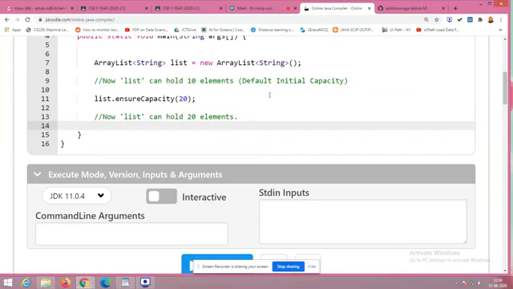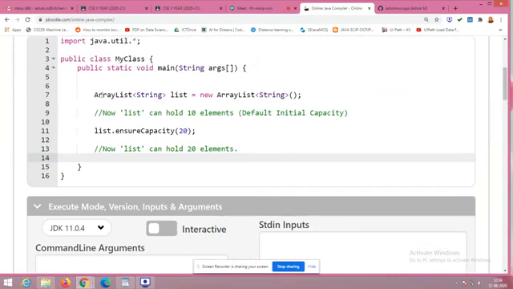Okay, check that. Now the list is created. We have created a list of strings, and this is something you have to understand. Now the list can hold 10 elements by default. The initial capacity of an array list of strings is 10 elements, but now I'm going to increase the capacity to 20.